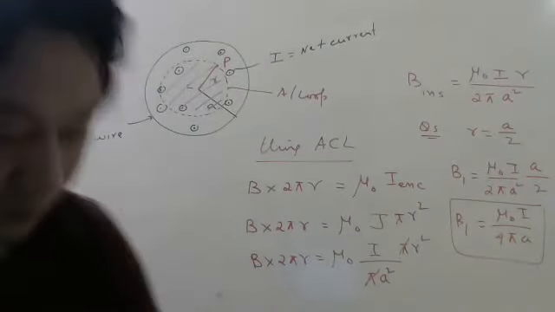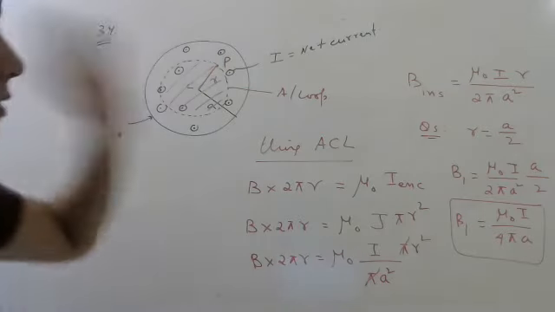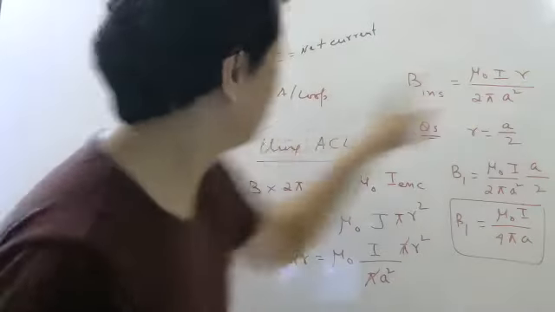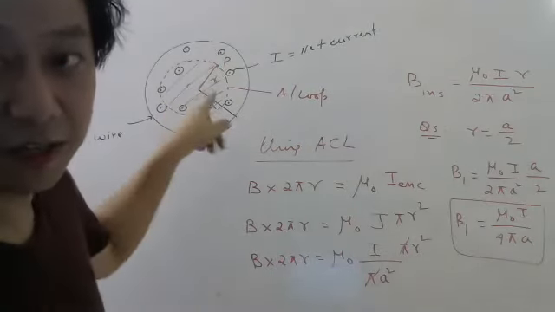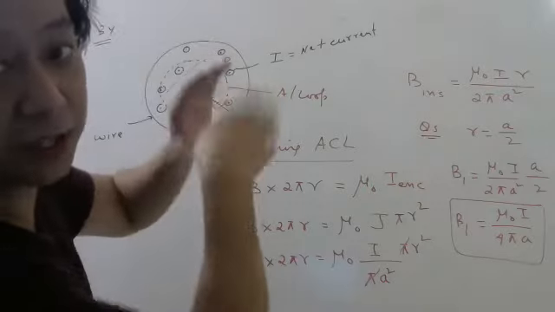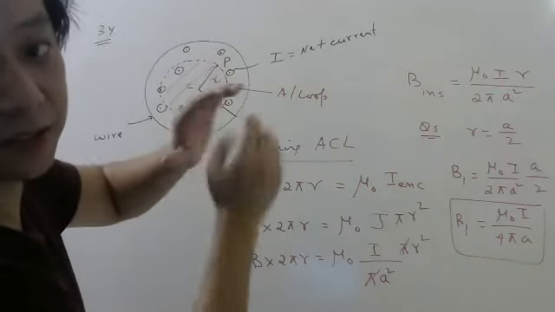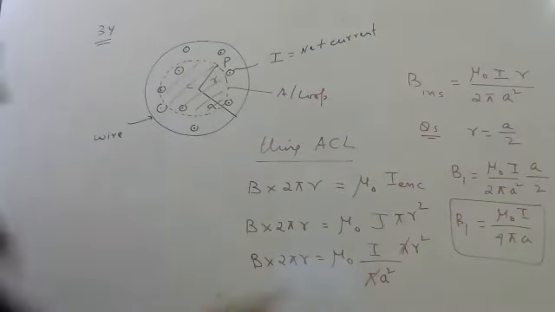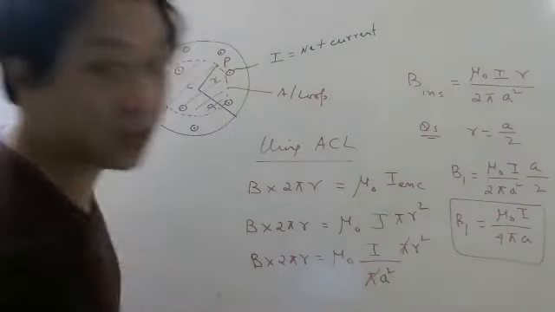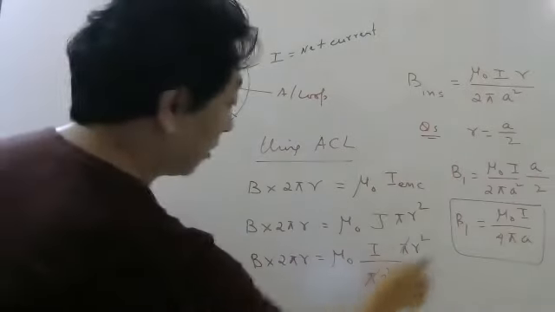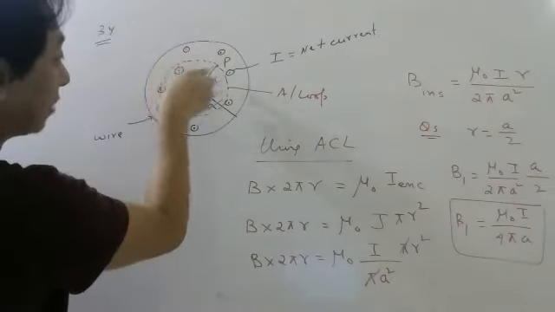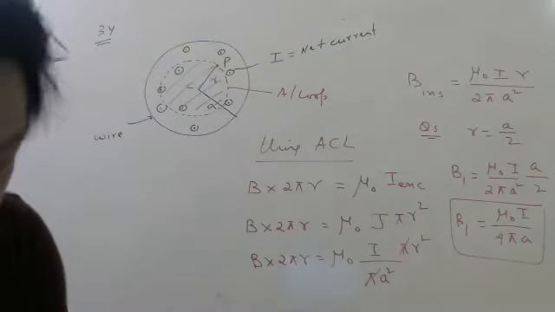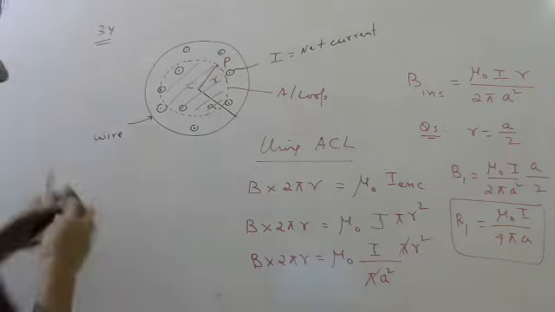Write this part. This is the formula for the magnetic field inside at a distance r from the center. When I say center, you have to imagine it is actually a cylinder, so it is from the axis of the cylinder. And J is total current by total area into the area of that small part, because I want only the current inside the loop. For outside, I hope you remember.